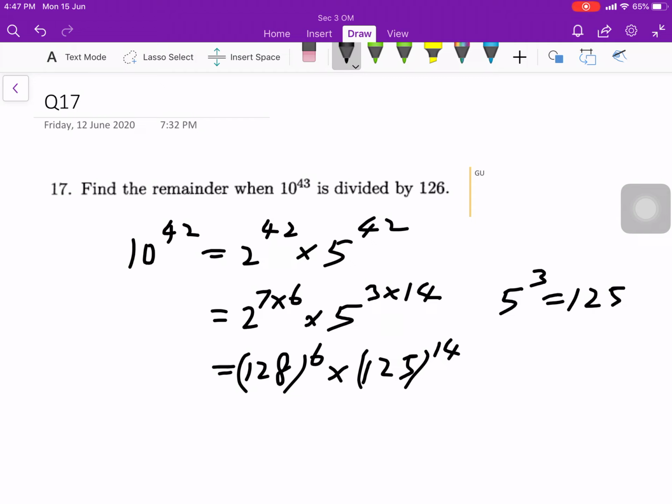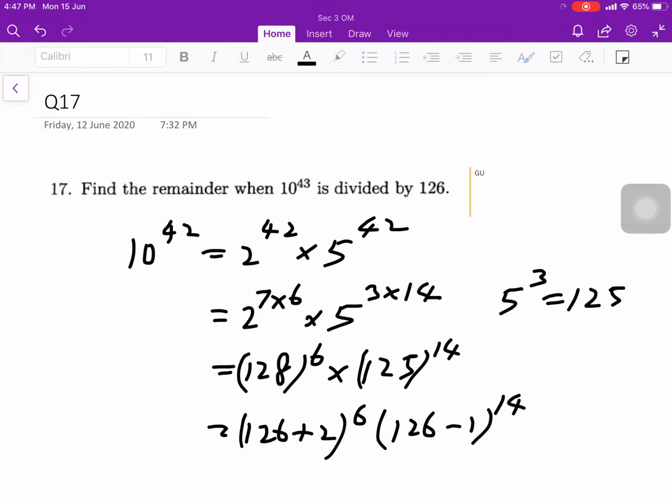And 125 is the one that is related to 126. In fact, 128 is also related to 126. How can we do it this way? That means this would be 126 plus 2, and then raised to the power of 6. And then this is 126 minus 1 raised to the power of 14. Then when you take modulo 126,